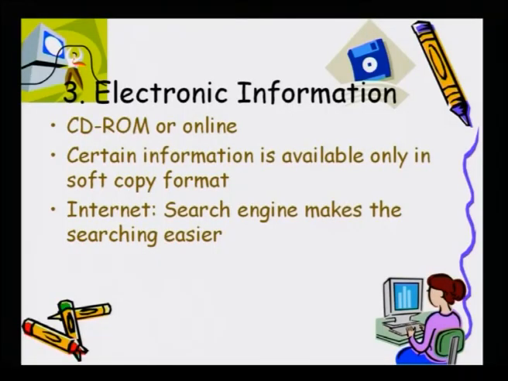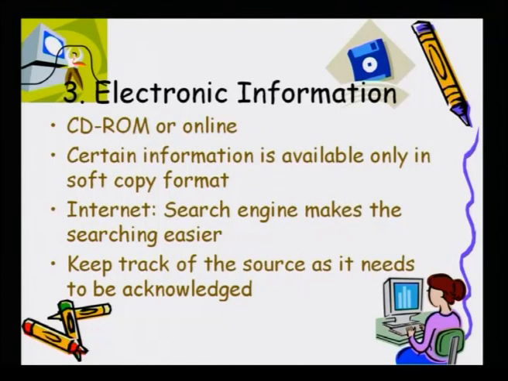So, certain things you read are in microfilm format. It will be projected, you see it and then you take notes. You cannot even take a printout of it. So, this is one source, and today another major source of electronic information is the internet. You can use search engines such as Google, such as Yahoo. So, you can use these search engines and make the searching easier, and there are enough materials which you can